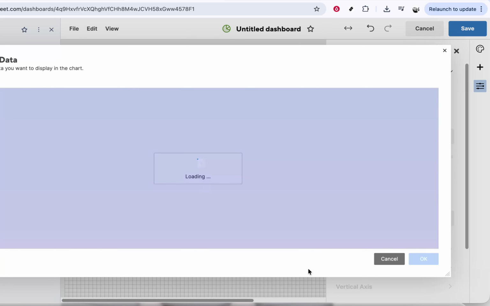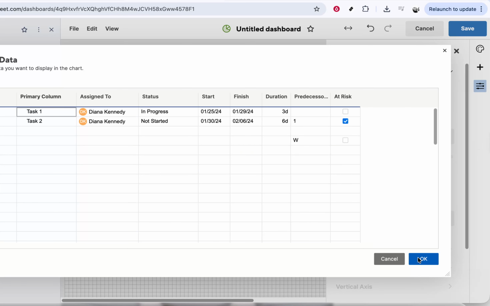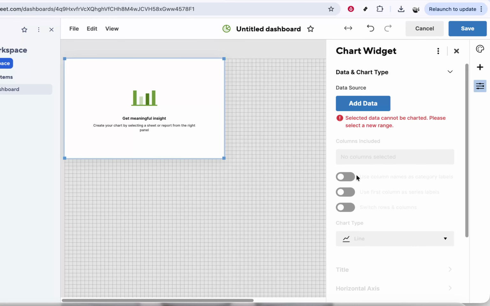When you're happy with your selections, click on OK to confirm the data source. You may see another confirmation or settings window. Again, click on OK to apply those settings and finalize the chart. At this point, your graph will appear on the